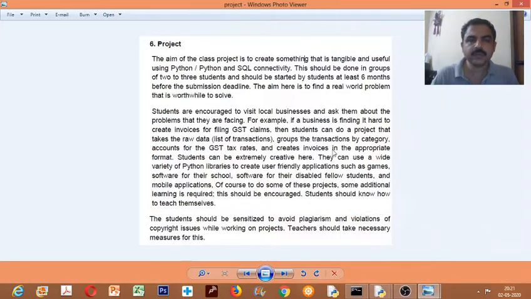Today we'll see about CBSE project work for class 12 practicals. Both computer science and informatics practices students need to do a project work. So I have shared the guidelines for project work. Either 2 or 3, maximum 3 students can be in one group, and you need to create an application